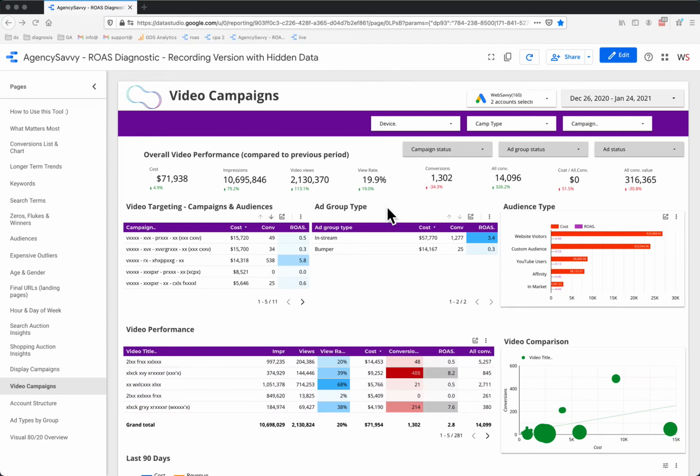The video campaign tab can be very useful if you're running any kind of YouTube ads, obviously, but again, doing things that you just can't do in the Google interface, being able to quickly segment, for instance, by ad group types of in-stream and bumper here while looking at a whole bunch of other data. So if I look at this, I can segment by campaign, by ad group type, or even by individual video